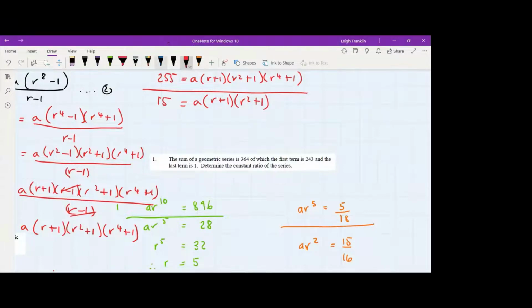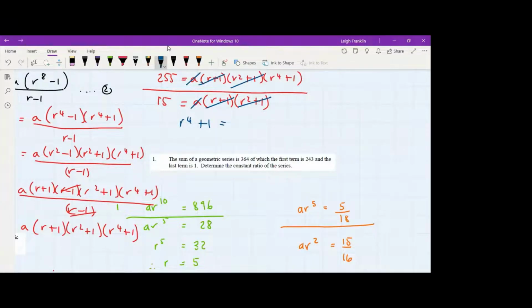So now we can cancel out something at the top with something at the bottom. Remember, we can eliminate A because A divided by A is going to leave us with 1. R plus 1 can be divided by r plus 1, and r squared plus 1 can be divided by r squared plus 1. So what we've got is r to the power of 4 plus 1 is equal to 255